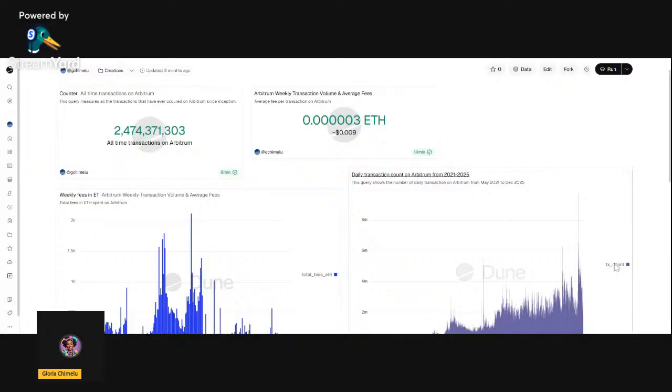The next thing on my dashboard is the weekly average fee per transaction on Arbitrum. And this is a very important thing because I'm sure none of us like to be overcharged, like to be cheated when we want to pay for something. If you know that you're going to get maybe shawarma for 3.5, you would not want somebody to tell you that there are charges of 1,000 naira on your transaction, so your total bill is going to be 4.5. That is the same thing with the fees, and that's the logic I use.